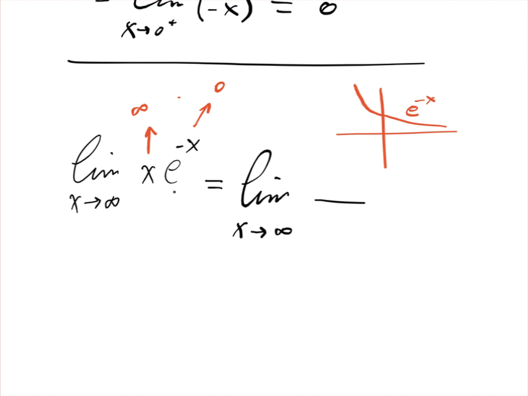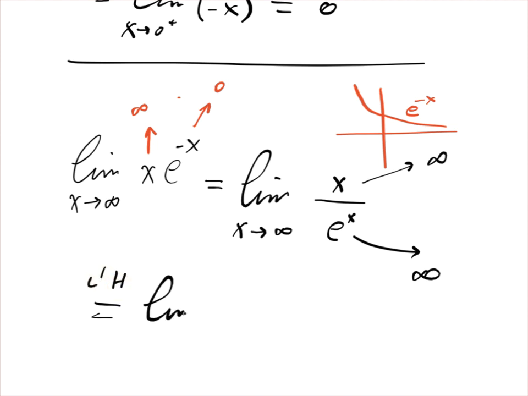In this case, I'm going to move e to the minus x to the denominator, so keep x in the numerator. Then in the denominator it becomes e to the x. Now, the numerator goes to infinity, denominator e to the x goes to infinity as well. So this is infinity over infinity type. Therefore, I can use L'Hopital's rule, and by L'Hopital's rule, it is equal to the limit of the ratio of